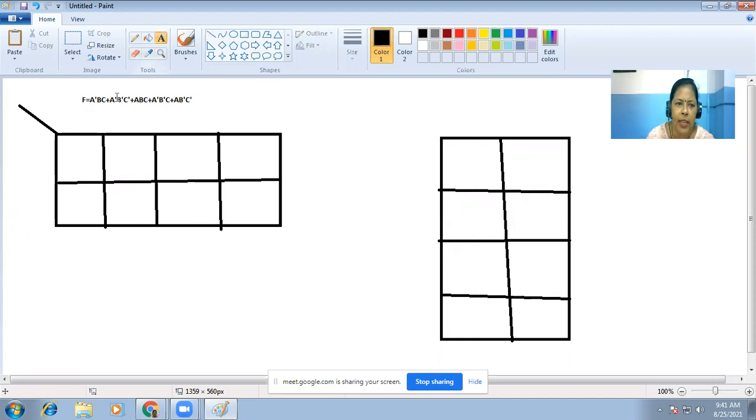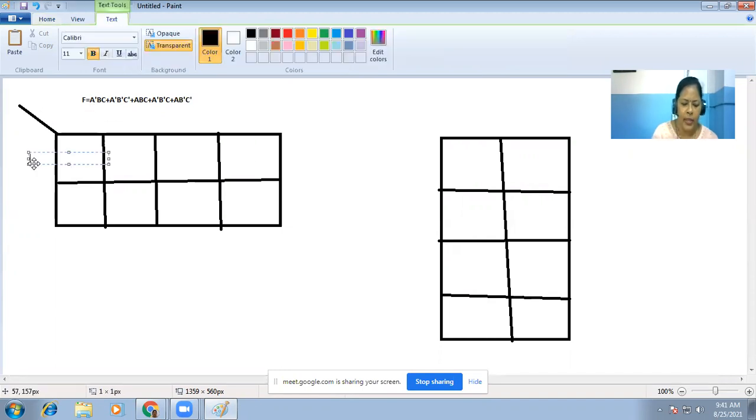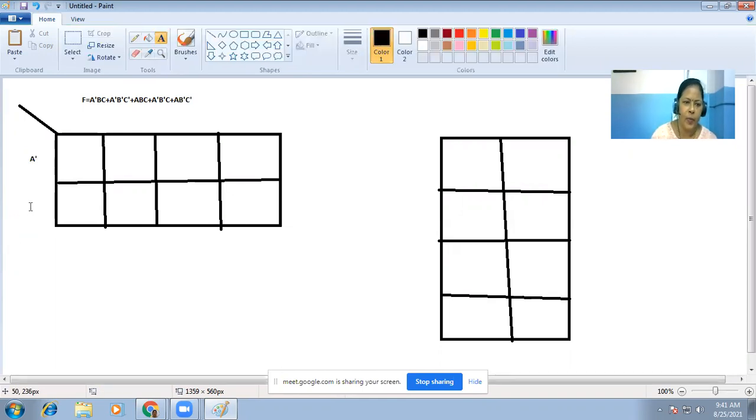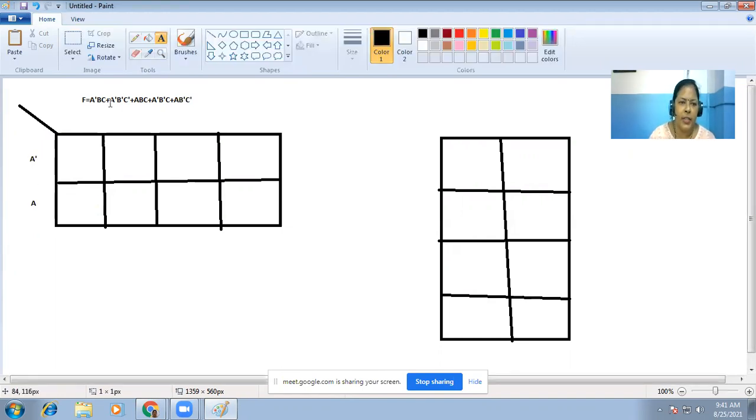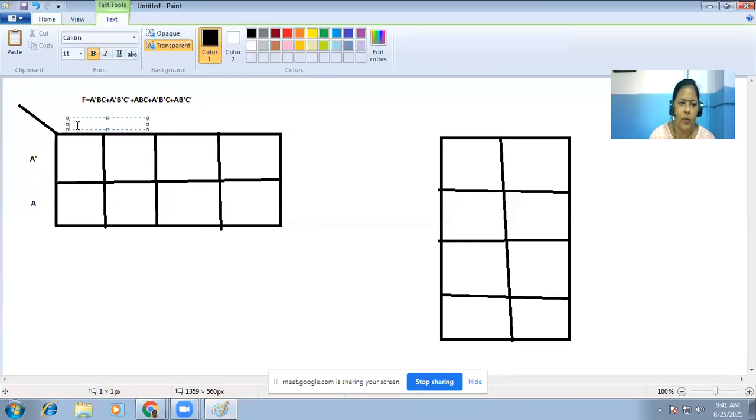Suppose A, so it should be A bar and A. Now on this side these two variables are left, so first one will be B bar C bar, second one will be B bar C, third one will be B C, and fourth one will be B C bar.